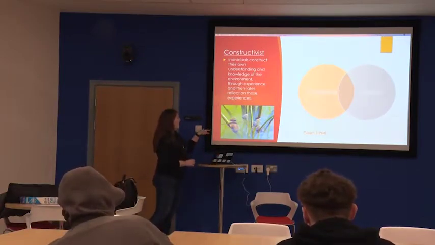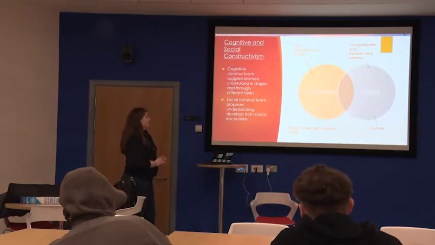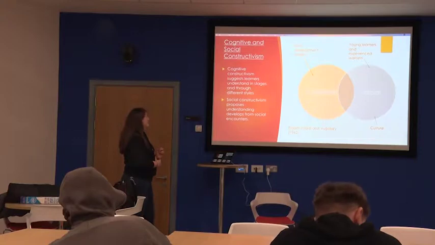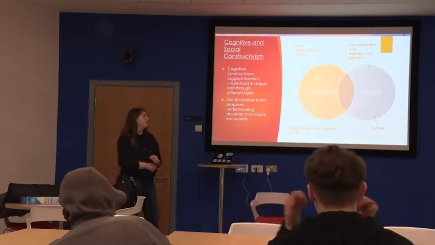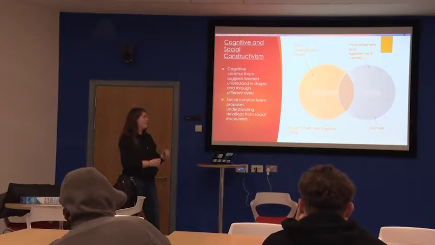Originally, Piaget did an experiment on water snails and how this affected them before he actually looked at humans himself. So this is how cognitive and social constructivism works. Cognitive is in 4 development stages, and it suggests learners understand in the different stages through the different years. And then the social side proposes understanding develops from social encounters. So that's mainly young learners, and also experienced learners, which are then influenced by the culture that they're brought up in. So people might have different experiences.